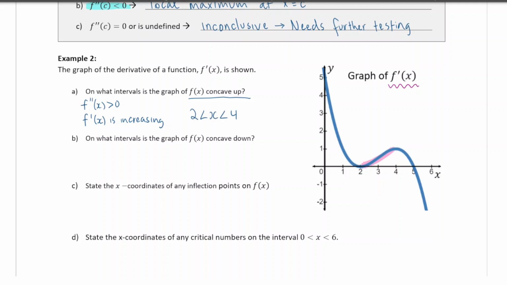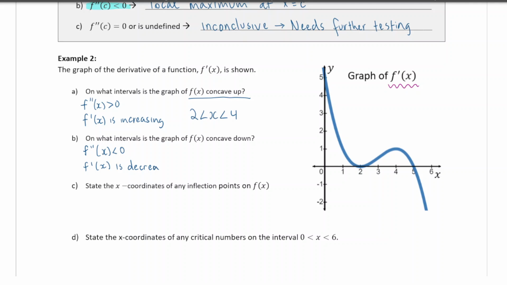All right, so I'm going to just keep erasing my highlighting after each step. All right, so that's the first one. Second one, on what intervals is the graph of f of x, even though we can't see it, where is it concave down? So again, we want to just write down what that means. So if we're concave down, that means our second derivative would be negative. And it would mean the first derivative would be decreasing,